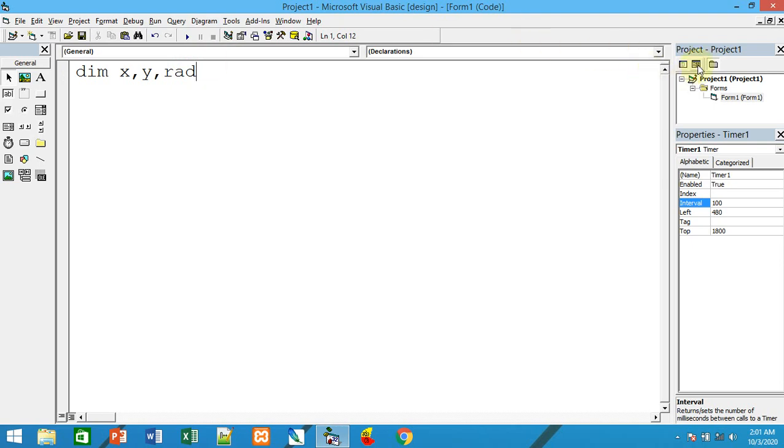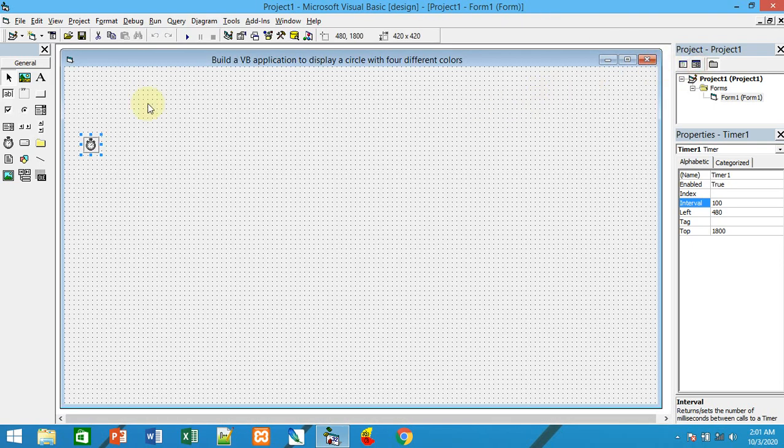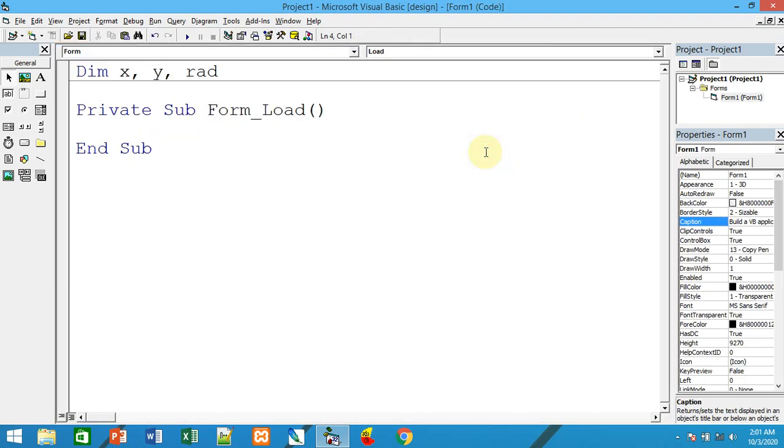Next, in the form load, in order to write the code for form load, double click on the form, wherever it is empty, the entire form itself is empty, so you click anywhere. Here set the values for x, y and RAD. As usual x is equal to what?